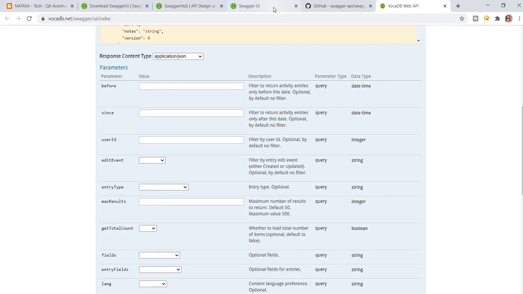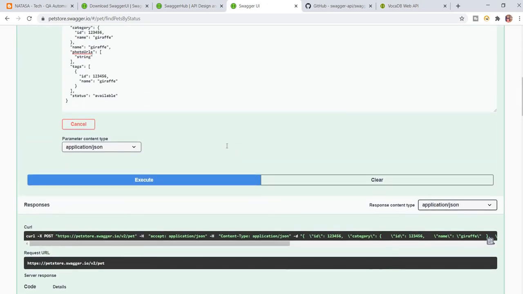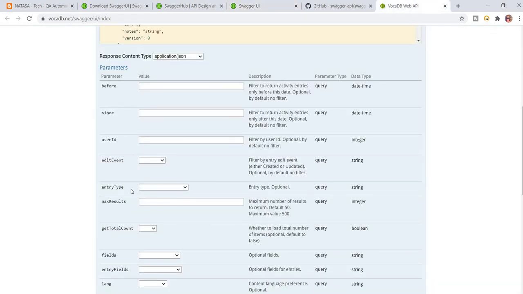Okay, because in Swagger UI you try to give it manually and you edit in the body, right? But here you do not give anything. You just pick a value inside a list box. I just click on this updated and entry type or test.